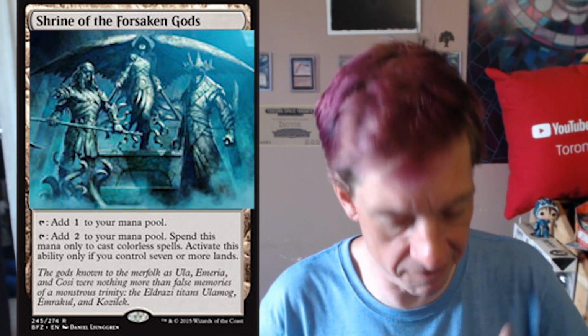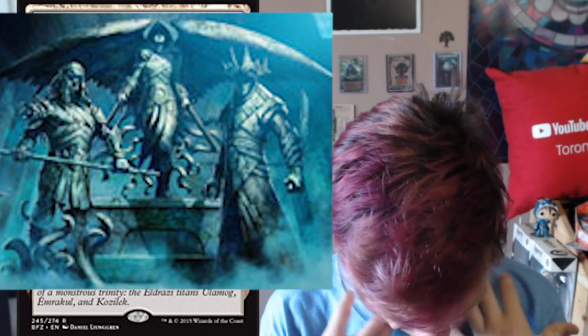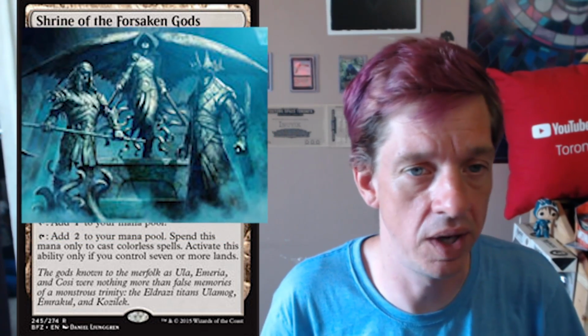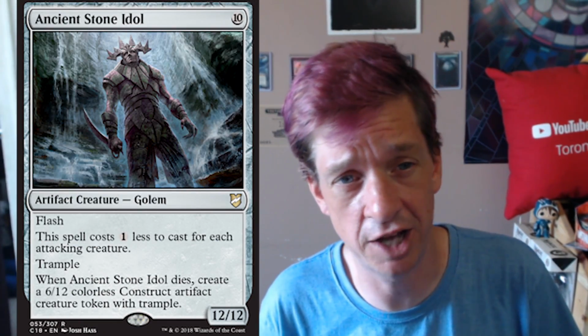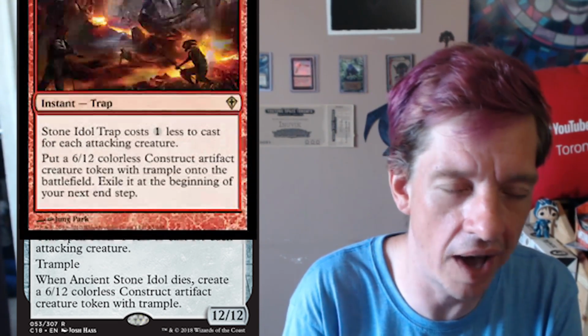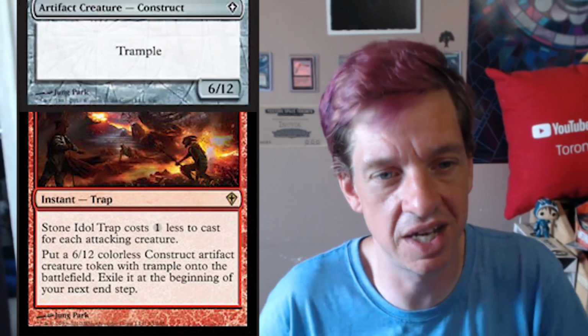I love the idea of the statue and I love the fact that when you look around the neck of Cosi, you can see right around here, his neck is like the top of Kozilek's head, right? It's so cool. I definitely enjoy the way that they've concepted this. I love the idea of guardian statues that come to life and smash along. I love the way they tied it into Ancient Stone Idol, I should say, by making the 6/12